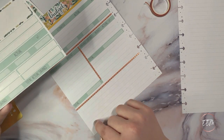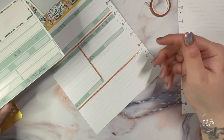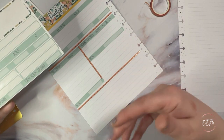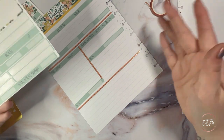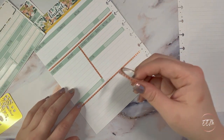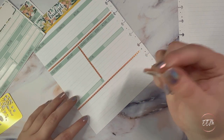Okay, and then what I'm going to do here is leave spaces for my subscription section. I like to keep track of what I'm paying for my subscriptions and what subscriptions I have on a monthly basis, because if at any time I want to reevaluate, like, oh, I could get rid of that subscription, or oh, I could take on another one, I have that space to keep all of that in mind. So before I do anything else, I'm going to leave 4 spaces